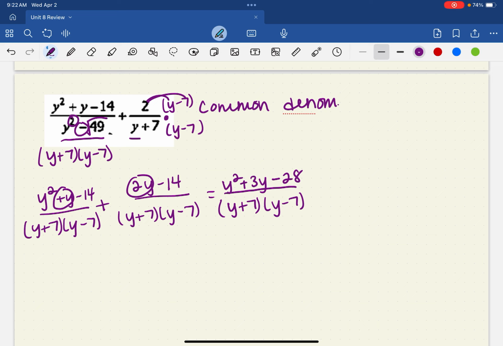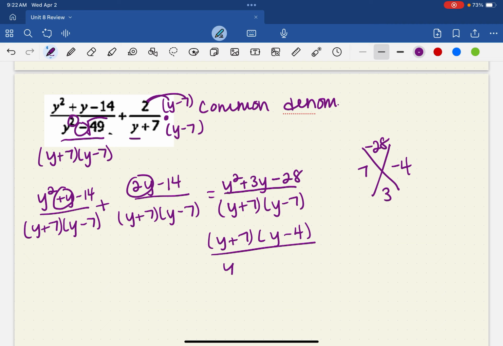So now that I've got that, I can go ahead and do X method to the top, just so we can see if something can cancel out. So I've got negative 28 and 3. Two numbers that multiply to negative 28 but add to 3 would be 7 and negative 4. Let's go ahead and rewrite. So y plus 7, y minus 4 over y plus 7,